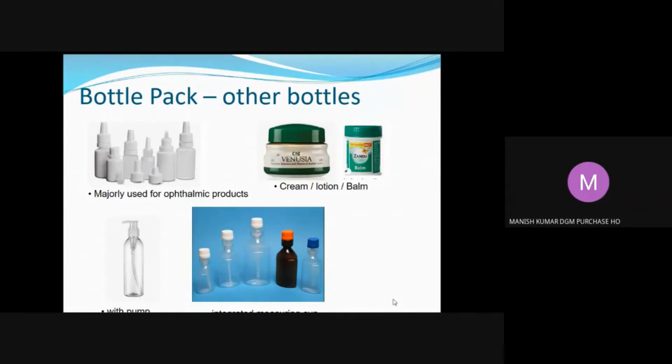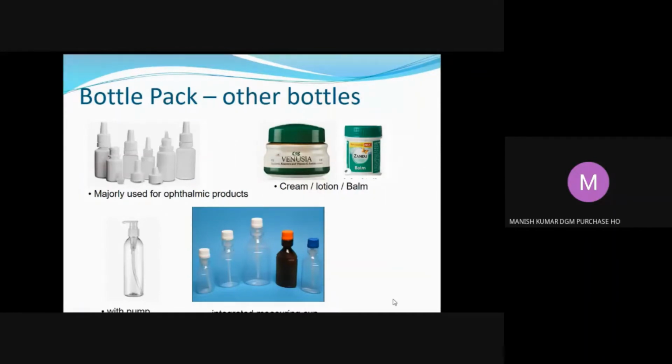Whenever you develop any ophthalmic bottles, it should have a clean room facility, as well as attention to the design of the nozzle and bottles, the drop counts, how many milligrams of liquid come in one drop. Those are the very critical factors that you have to take care of at the time of developing ophthalmic bottles. And there are other bottles also for cream, lotions and balm. People are using PP or polystyrene. There are many types you can use for creams, lotions and balms.